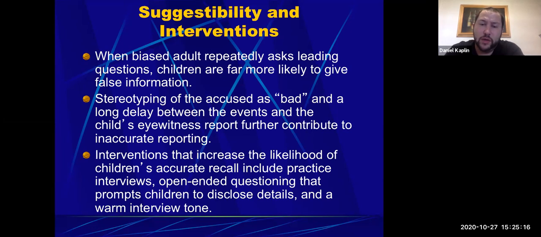One thing you could do is ask open-ended questions, have practice interviews before the child comes in, prompt the child to disclose details without you adding them, and have a friendly, warm interview tone. Try to avoid negative judgments or facial expressions that might alter their response. All of these are ways to get more accurate